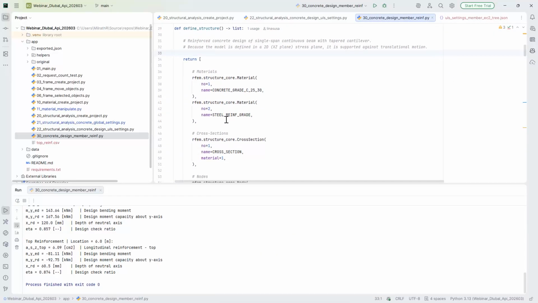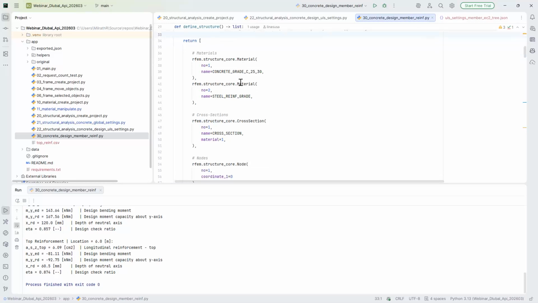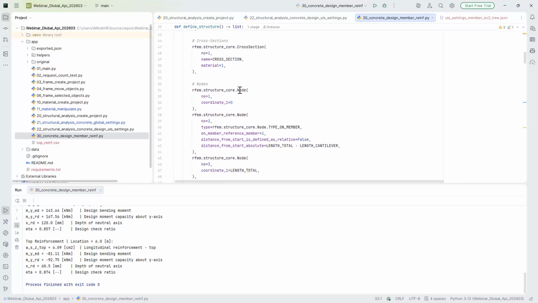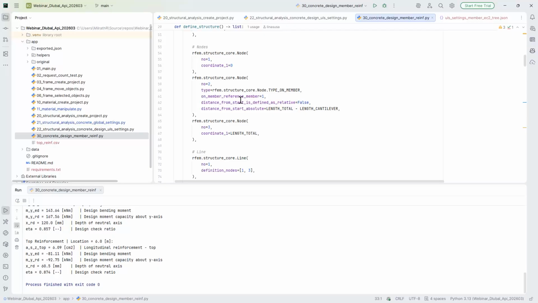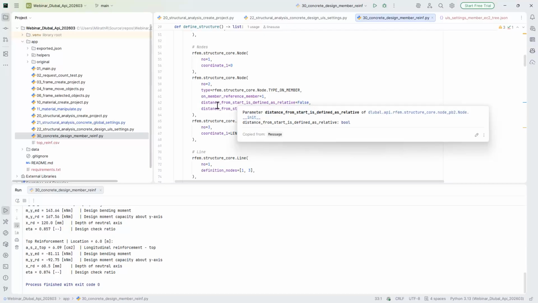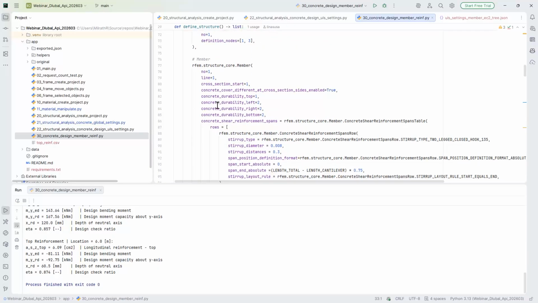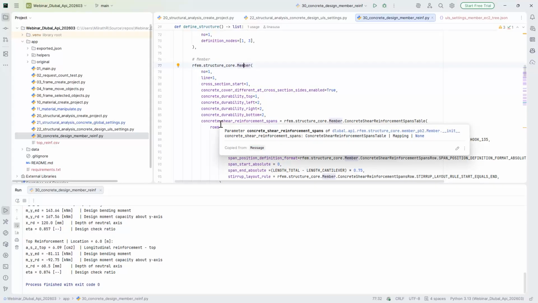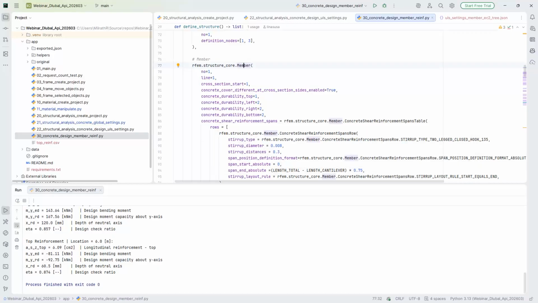As you can see here, we define the material, and then we do some special settings in the member itself. I want to explain what this is. This is new. Now we have the possibility to define the durability for every single side of our member. That means